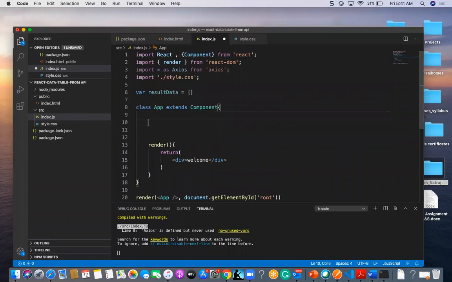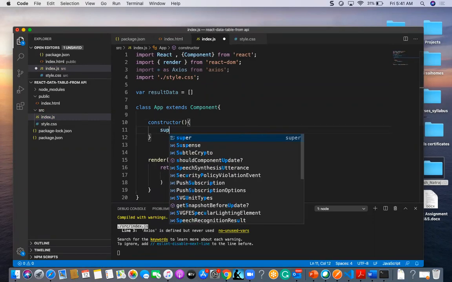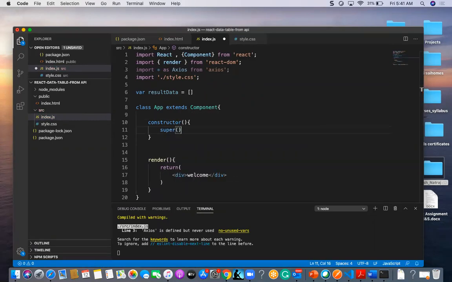So in this, I'm going to take a constructor where I am going to have one state parameter. So for that, I am going to take the constructor, and also here I am going to take that super. Okay, and I am going to take some API data.